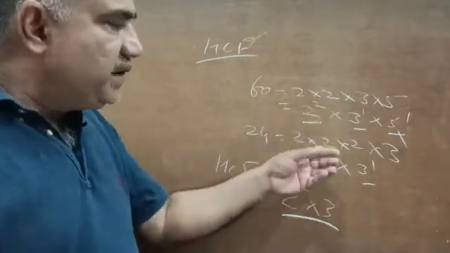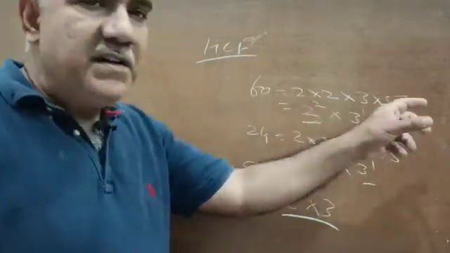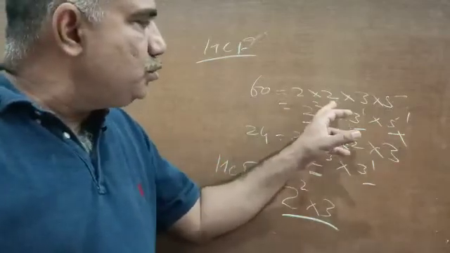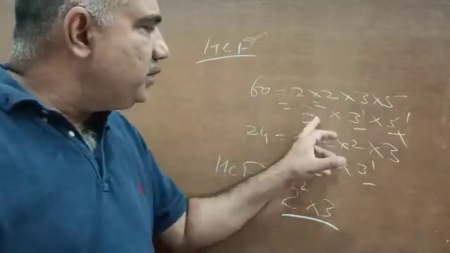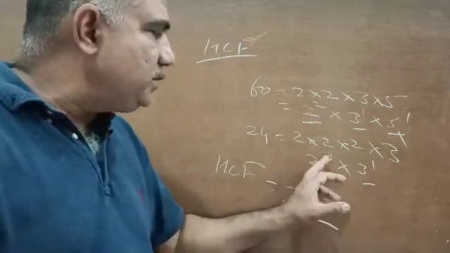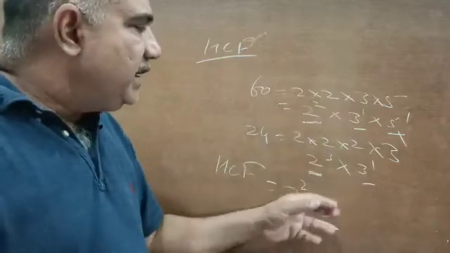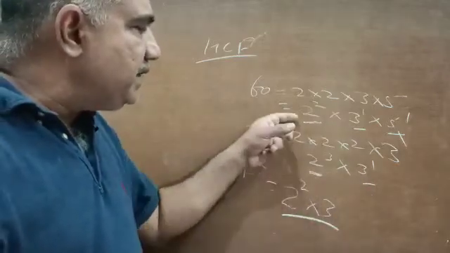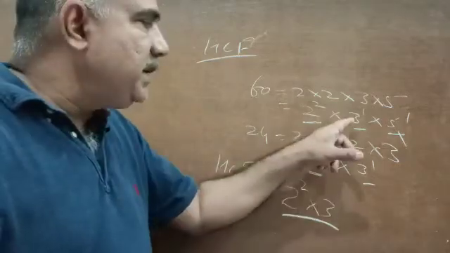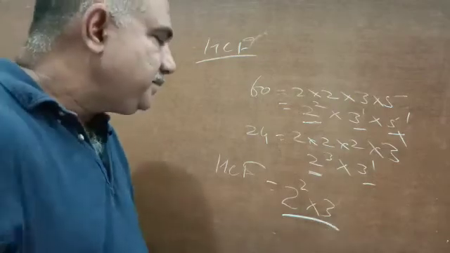The standard procedure in the books is narrated like this: make the prime factorization, then write the prime factors as a product of their powers, like this, 2 into 2 cubed. This could be written as 2 raised to power 2, and since 2 has occurred 3 times, this can be written as 2 raised to power 3 and 3. Now this has been written in the form of powers and prime factors. Now take the common factors. Common factors here are 2 and 3, and wherever the common factors have varying powers, the power of 3 is 1 and 1, so no doubt 3 has been taken with power 1.